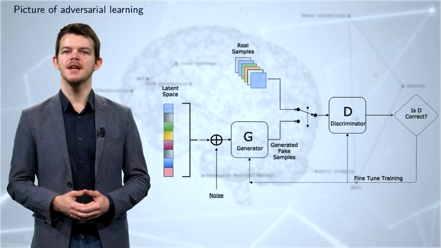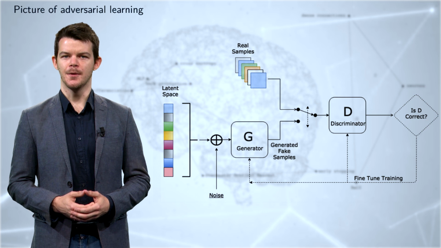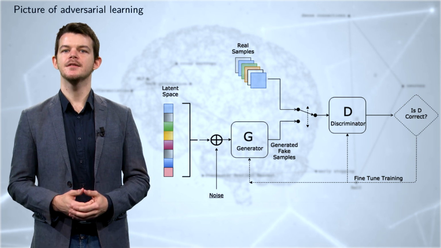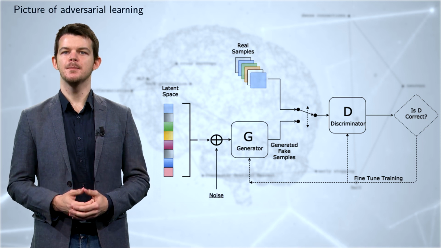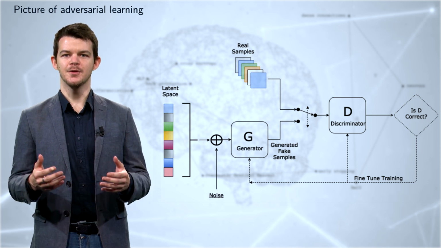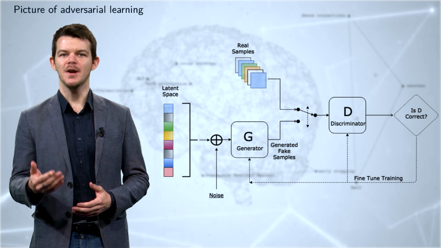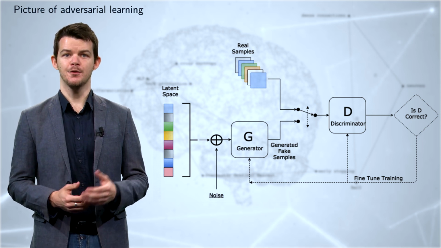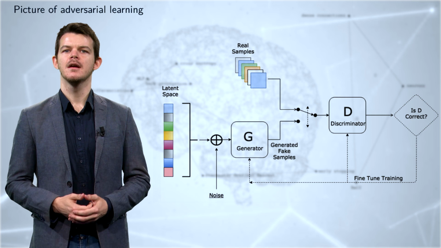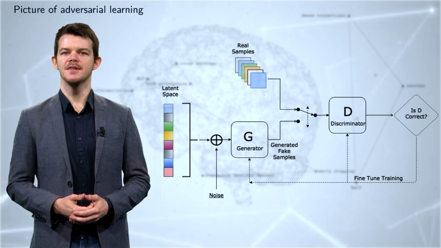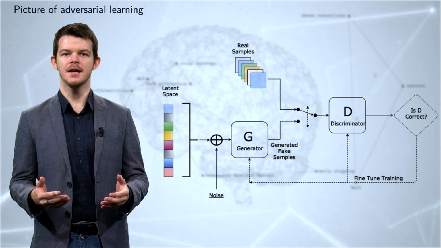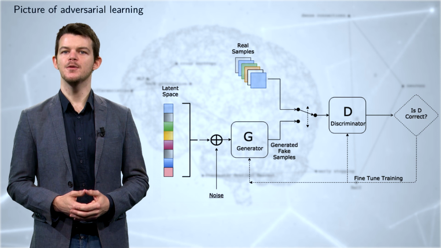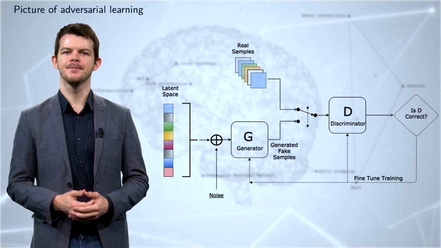This picture has been taken from the original paper described before. You can see the generator and the discriminator. The discriminator takes as inputs real samples and fake samples produced by the generator, and the discriminator classifies each element as fake or original. Then the parameters of the generator and discriminator are tuned during the training phase to improve their ability to either generate fake data or discriminate between the fake and real data.